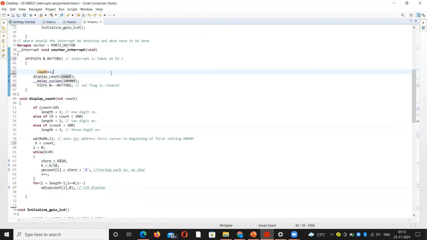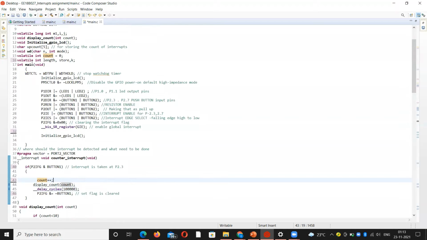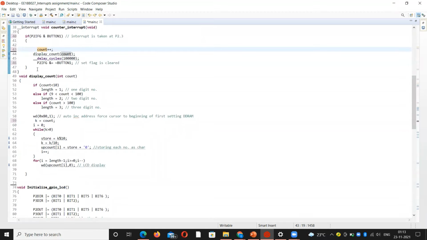Whenever the P2.3 push button is pressed, an interrupt will happen, and we will take count of that interrupt. Initially we declare and initialize count as 0, and declare other variables which are required like length, store, and k, which are further used in the code.